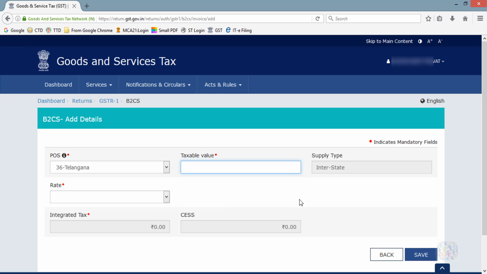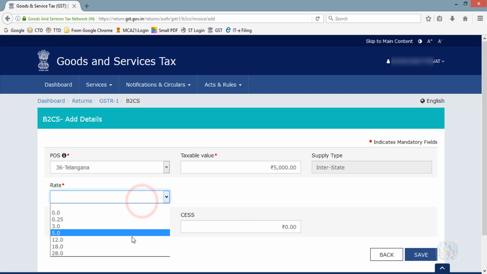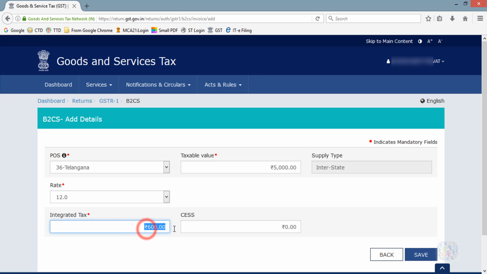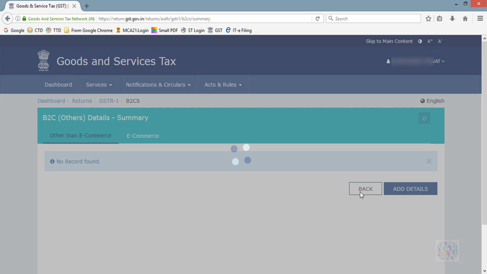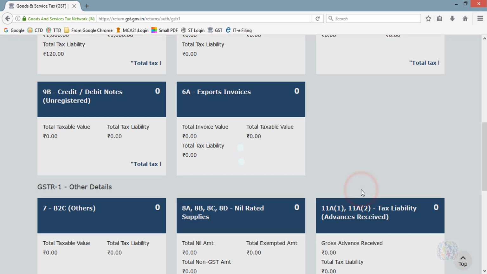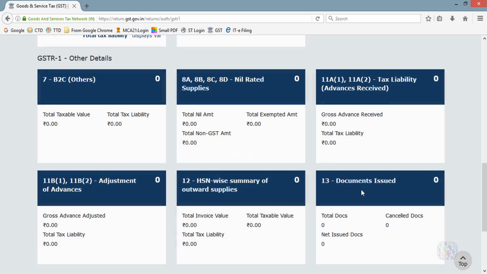Taxable value you have to mention, and whatever rate is applicable you have to mention here. After that integrated tax will come automatically. After that click on save, back, summary will be shown here. So after that